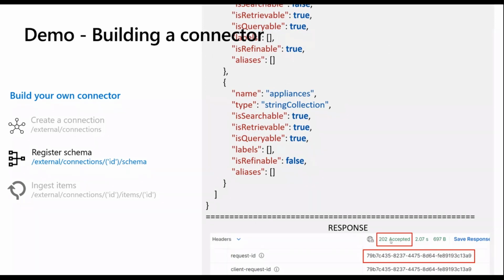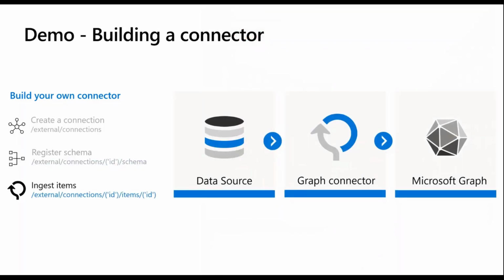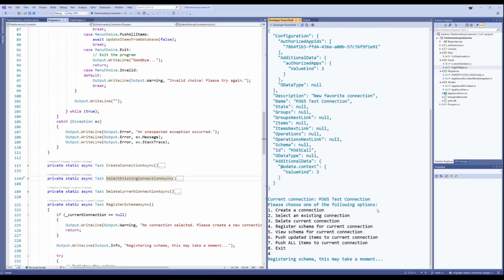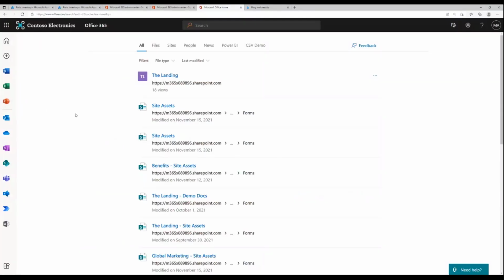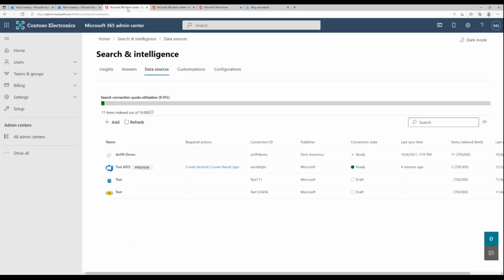And the response you will get will be a 202 Accepted, which means the call has been accepted, but asynchronously, we are now registering the schema, which can take a bit of time. The last step is about ingesting items into Microsoft Graph. Let's just go back for a second and see if the schema has been registered. Not yet, but what I can do in the meantime is just jump into this Contoso tenant that I have, and then just walk through the search and admin center. If I hit a quick refresh here,